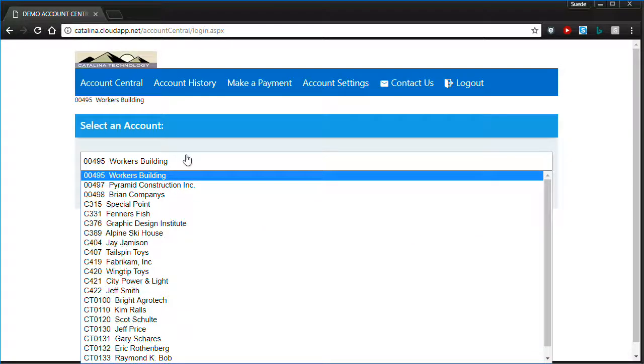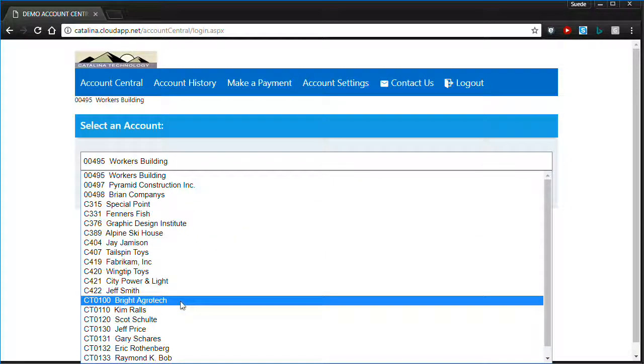I'm logged in as a user that actually has access to paying bills for multiple customers. So this could be an example of a sales rep who would be able to log in and choose an account to take a credit card from. The customer gives them a credit card number, or we have a credit card number on file